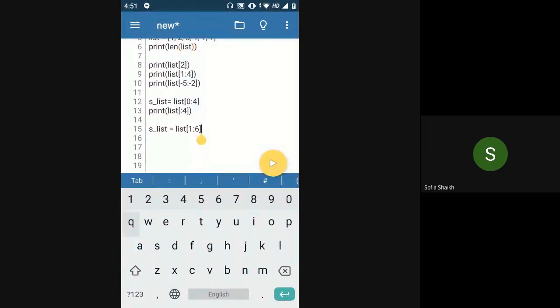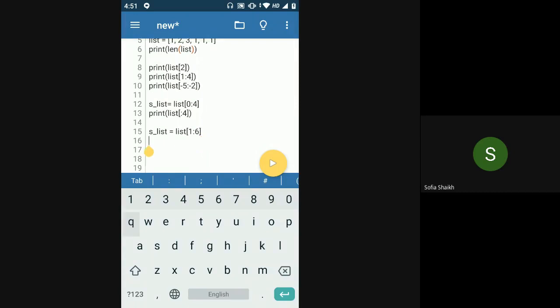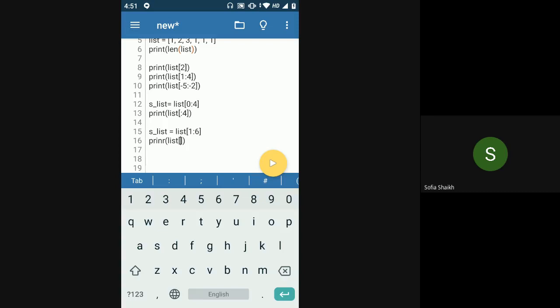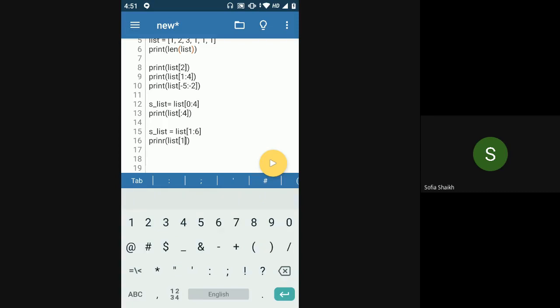So this is what you can do, or you can skip the last index and directly leave it empty, which means you can do print list of, just mention the starting index 1 and leave the second one empty. If you leave either the starting index or the ending index empty, Python will go to the extreme of the list at that point.